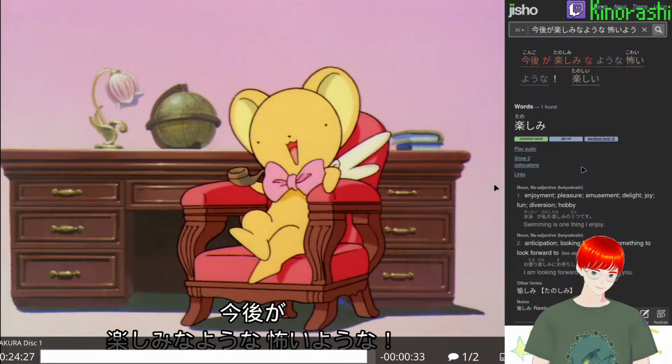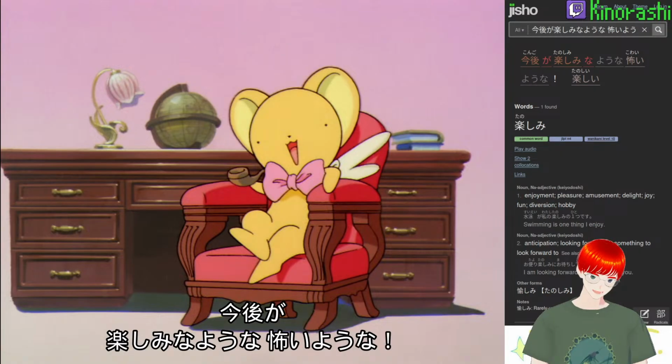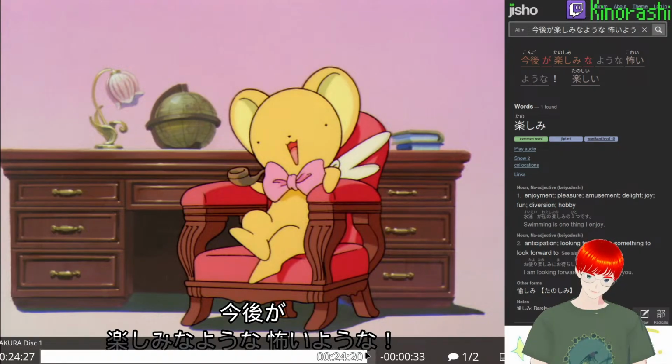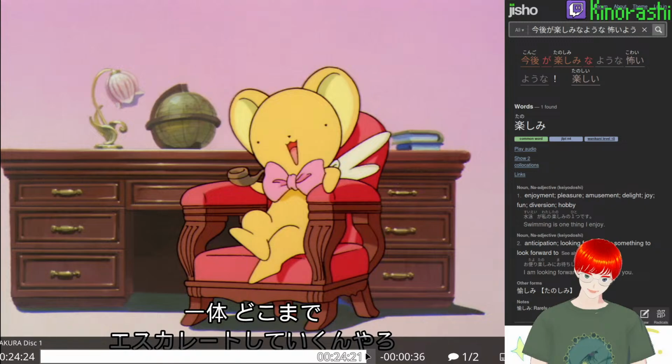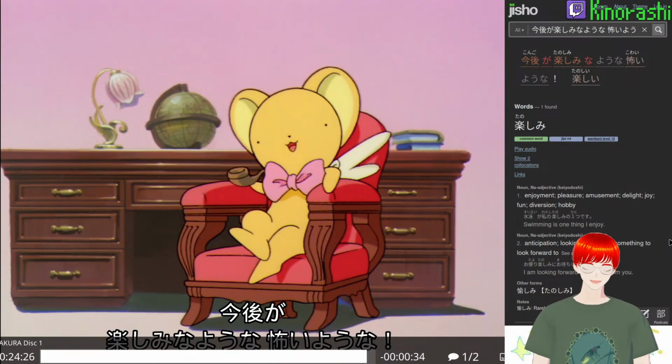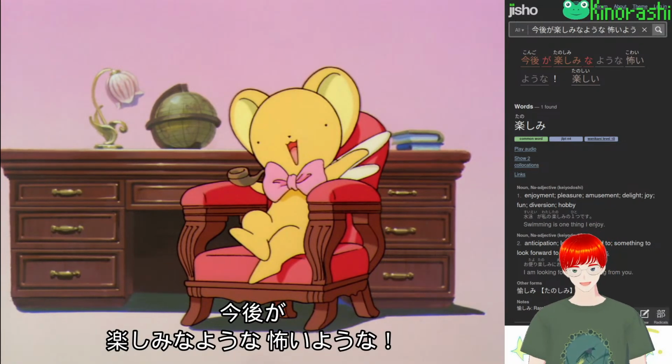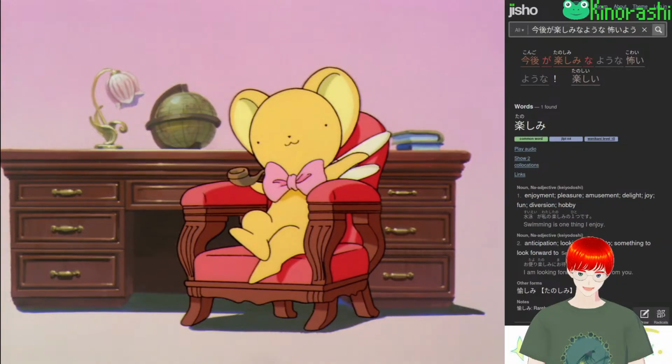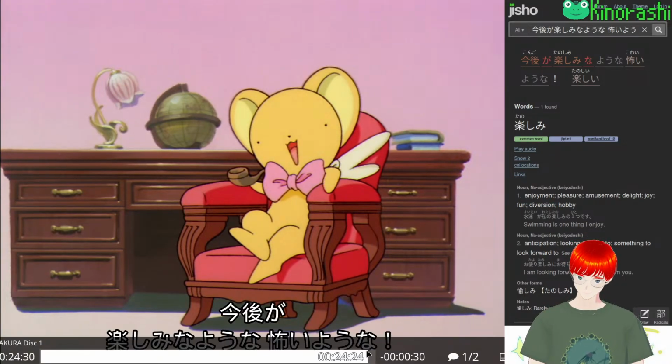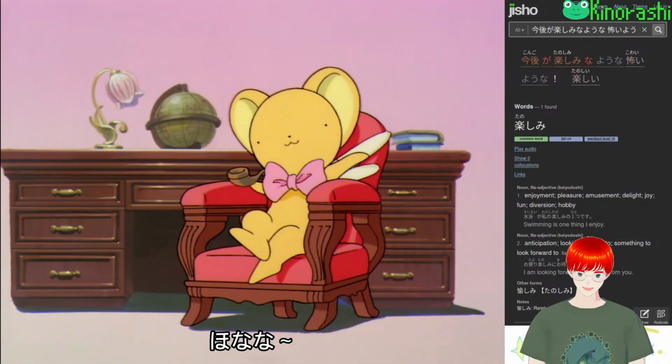今後が楽しみなような怖いような していくんやろ。今後が楽しみなような怖いような。ほなな。今後が楽しみなような怖いような。ほなな。